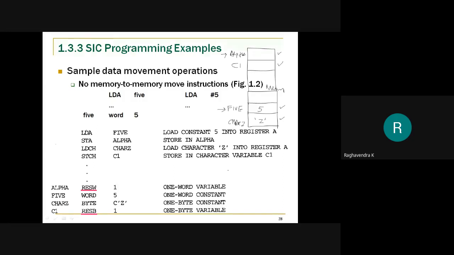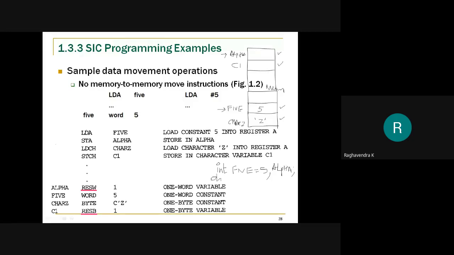How do you normally declare a variable in C, for example? If I want these variables to be declared, your corresponding statement would look something like this: int 5 is equal to 5. I'm declaring and assigning a value for that variable, and one more integer variable where I want the data to be moved, which is alpha. I'm not initializing that because that is where my value 5 has to be moved.